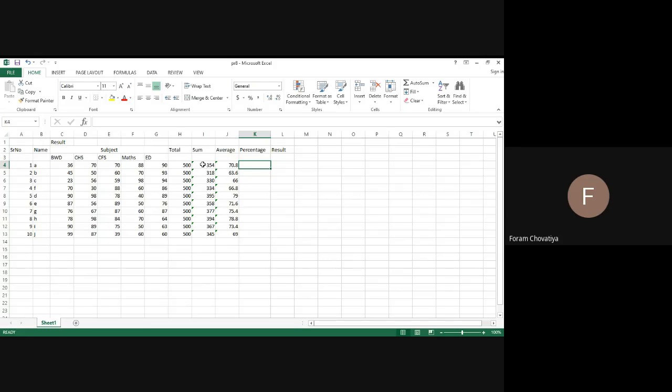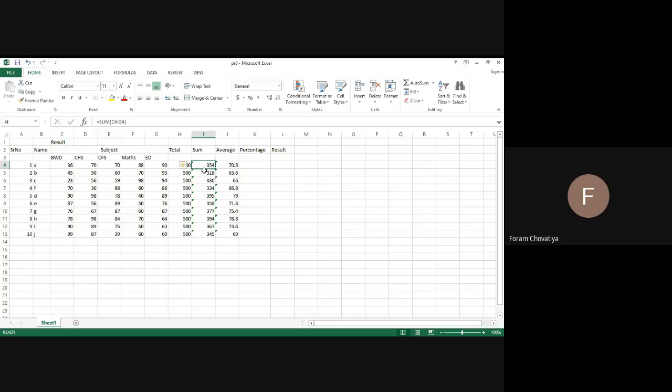The student's obtained total marks, the individual student's obtained marks of the subject, divided by the total marks of all the subjects, right? Into 100, because we calculate the formula for percentage into 100.